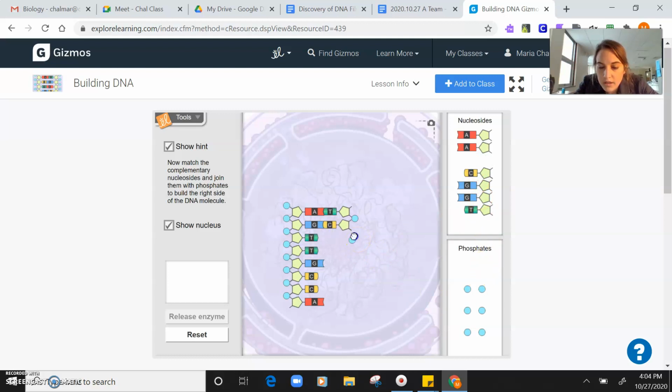That's okay. I just want you to understand what the structure is like and how it works to carry both information in its bases, like an alphabet, and also how it,